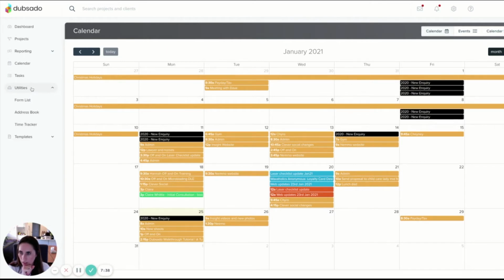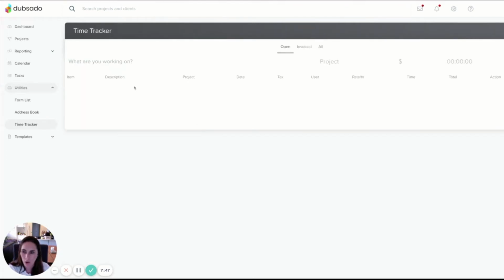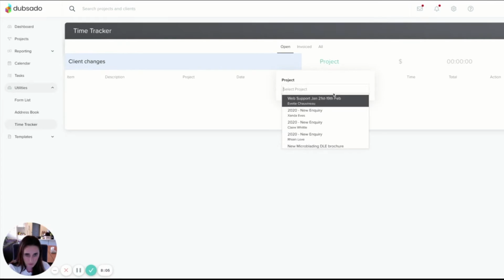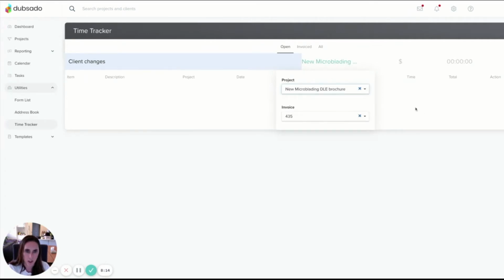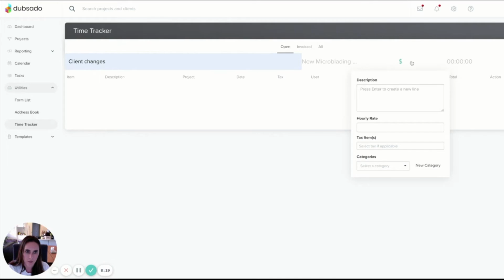The other one that I use a lot is the Timetracker. So whenever I'm not working on packaged jobs, say for example a packaged job is a logo brand package or a web package, if I'm just doing a client change for someone on a brochure, for example, let's just say, you can search in here, and there's a brochure I'm working on at the moment, and all these little changes, it's a lot fairer to the client, and it's a lot easier for me with time tracking